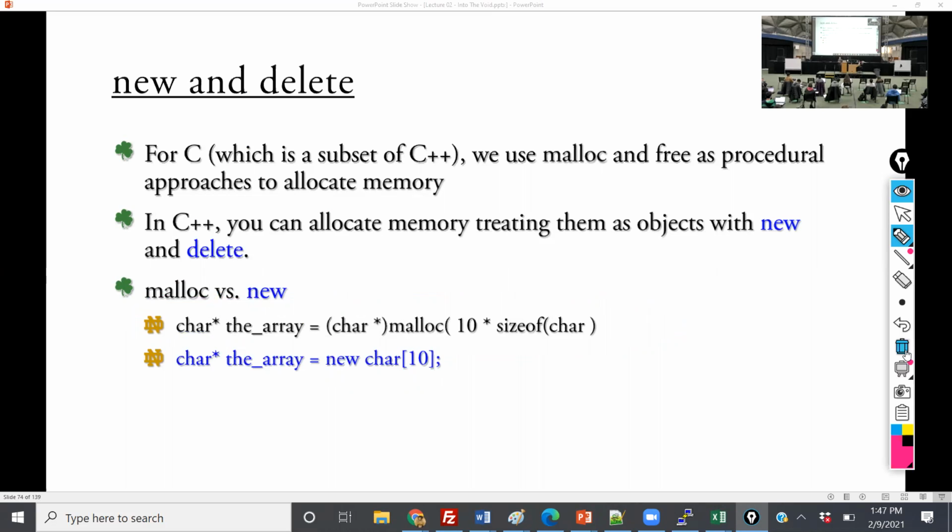The next slide, I'll say this while you're all writing notes down. The next slide, I'm going to show you the difference between free and delete. When I did free, because it's a C function, it does all this freeing of the memory underneath the hood. With delete, you just say delete and the memory name, and it deletes everything for you.